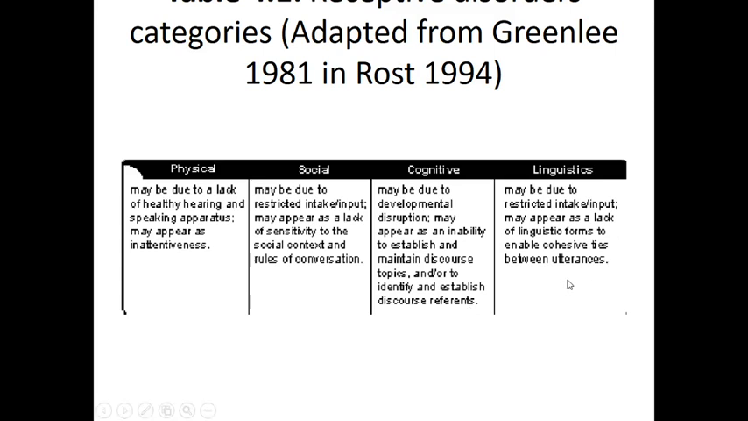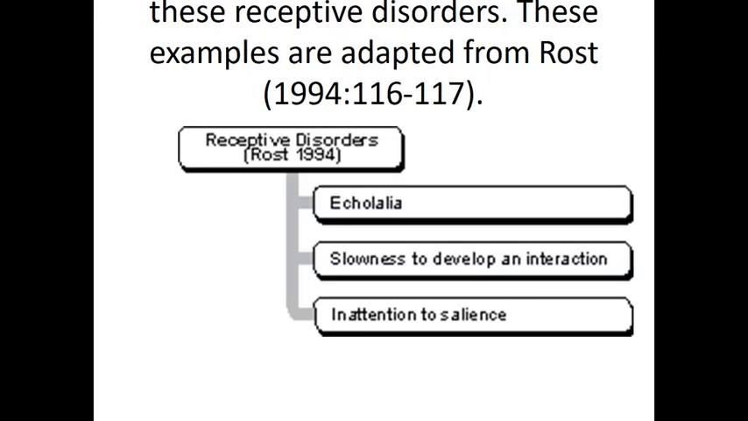Then the fourth one is linguistic. May be due to restricted intake input, and may appear as a lack of linguistic forms to enable cohesive ties between utterances, the logical connection between utterances. So these receptive disorders, according to Rust,